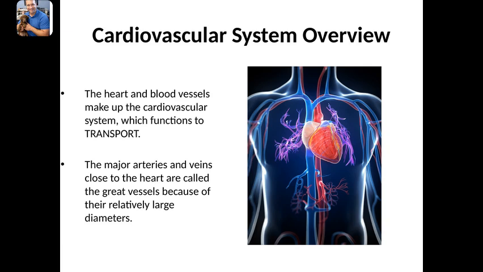So the whole idea is that the heart is going to pump the blood and help to transport it around the circulation and deliver it to all of the cells throughout the body. That is, all of the somatic cells, whether the cell is a liver cell or a skin cell or a muscle cell, or a heart cell or a brain cell. We're trying to drop off things like the components of the blood. So the oxygen